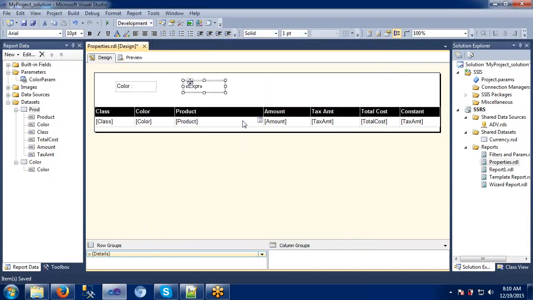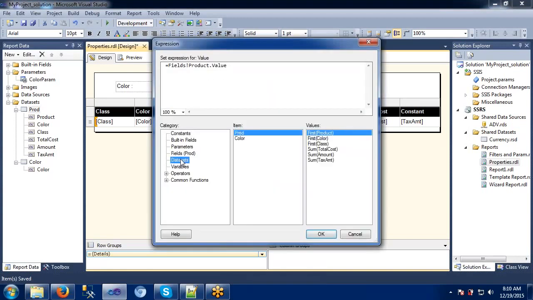Coming to the next option, data sets. If you see here, we have two data sets: the first one is product, the second one is color.